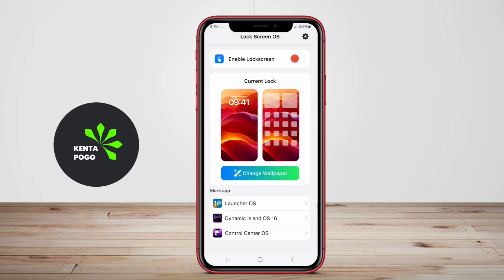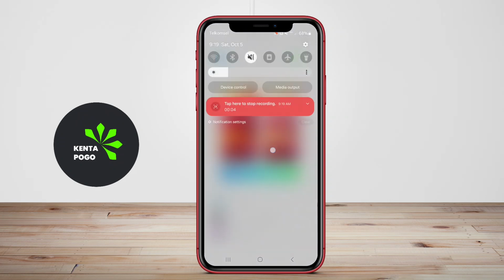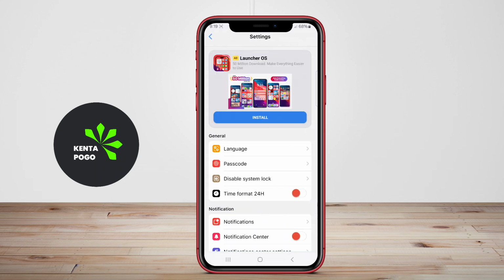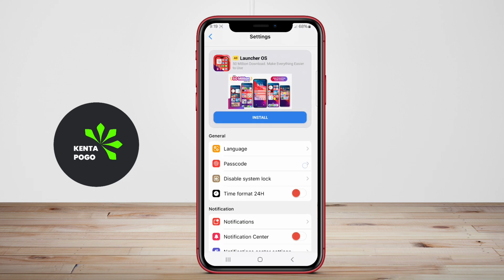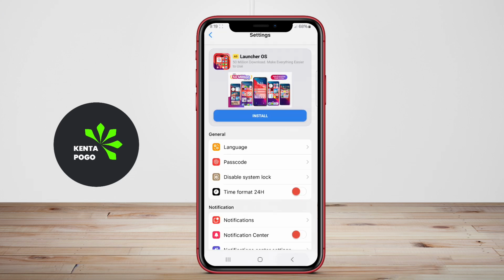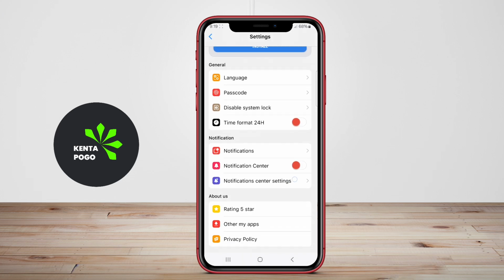An application for Lock Screen OS 18 is designed to enhance the security and personalization of Android devices by providing a visually appealing and customizable lock screen interface. This type of application often features a sleek and modern design, mimicking the look and feel of recent operating systems. Users can typically personalize their lock screens with various themes, wallpapers, and widgets that display important information, such as time,